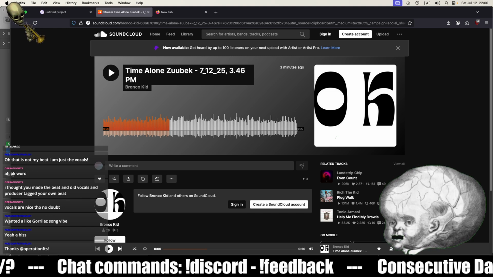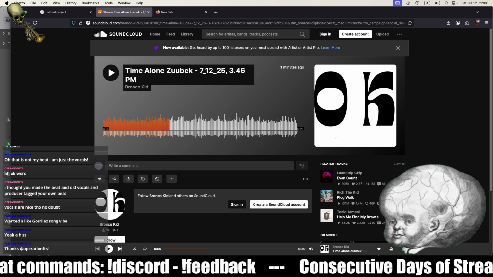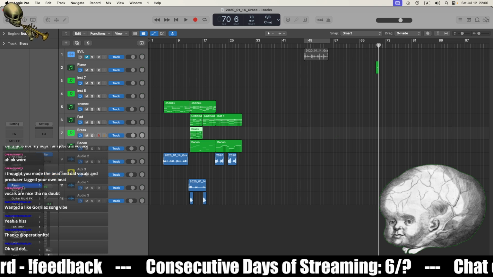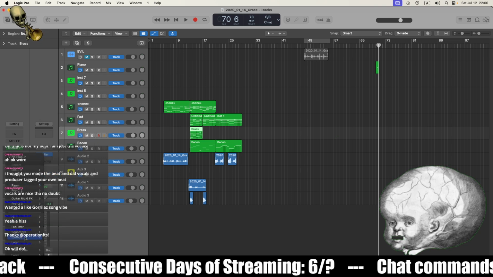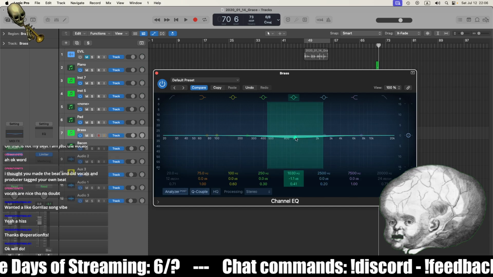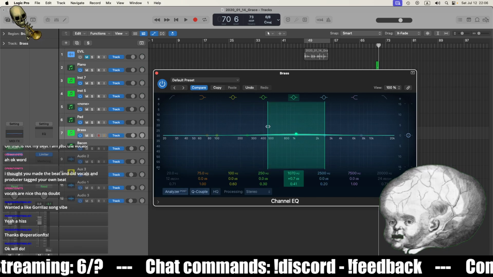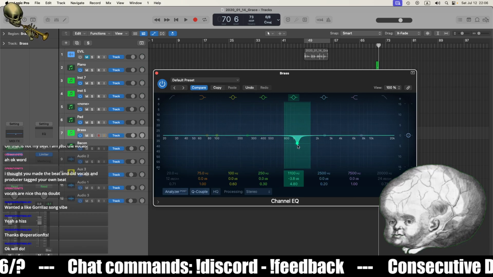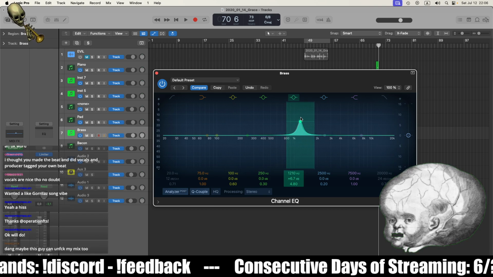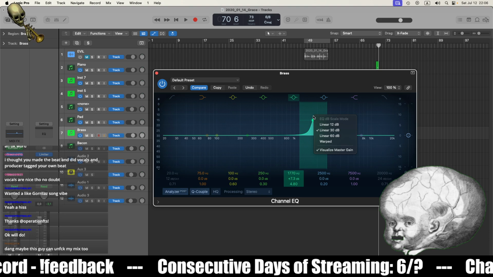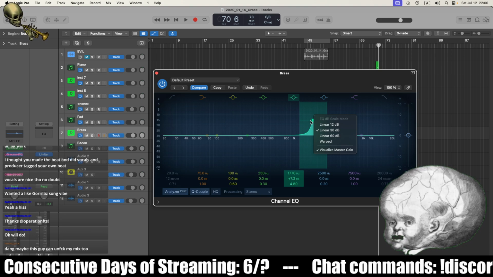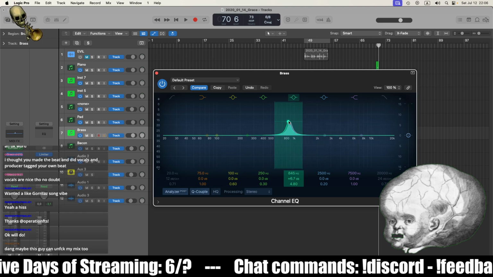Again, you can basically just take an equalizer, any equalizer. If you work with GarageBand, let's take this one and be like, okay, I'm going to make this a little bit smaller, and then you don't have to sweep it. Don't positive sweep. Dang, maybe this guy can unfuck my mix too. Maybe I can, who knows.